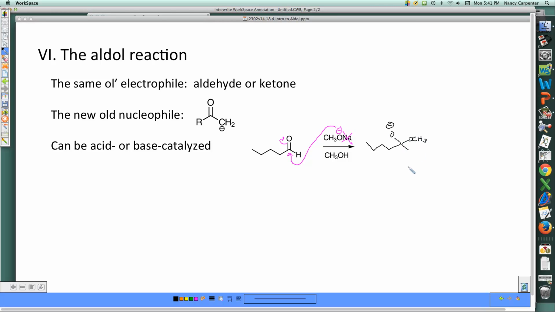And the problem with this is you can't go any further, because I can't protonate this under basic conditions. I can't kick it out. I can't make an acetal. So this is a reversible reaction, and eventually,